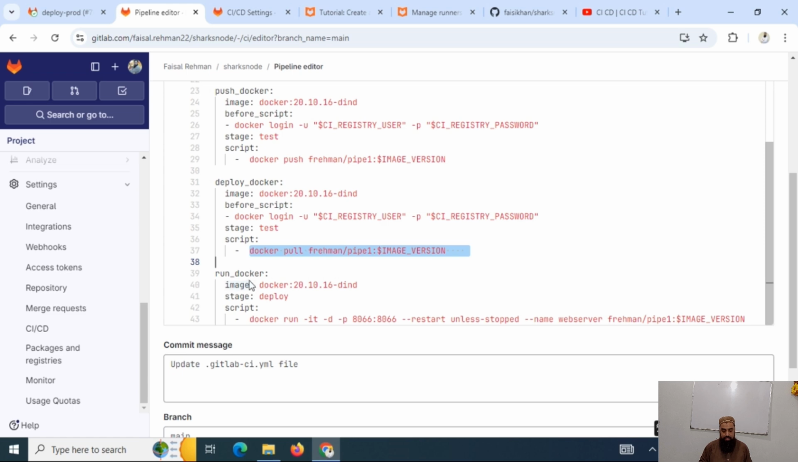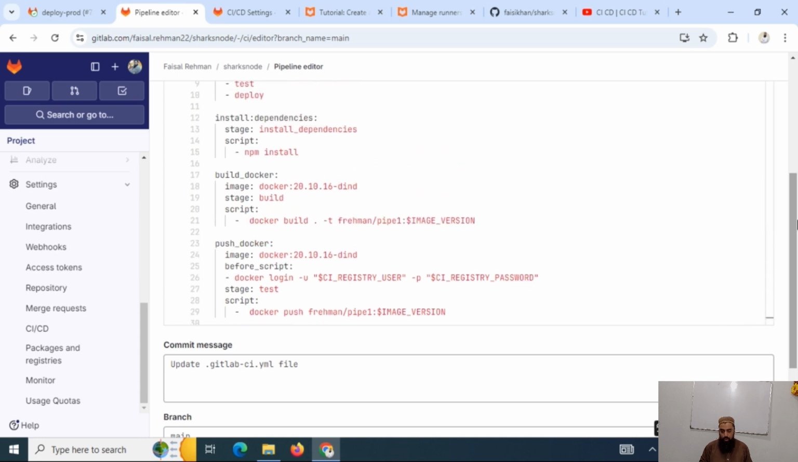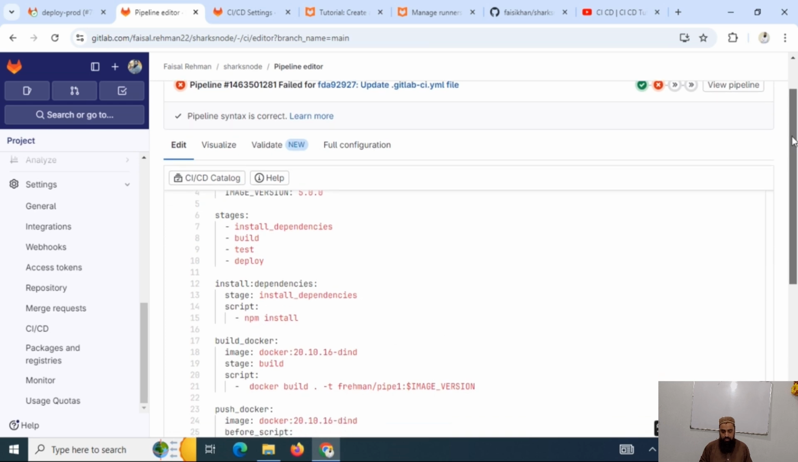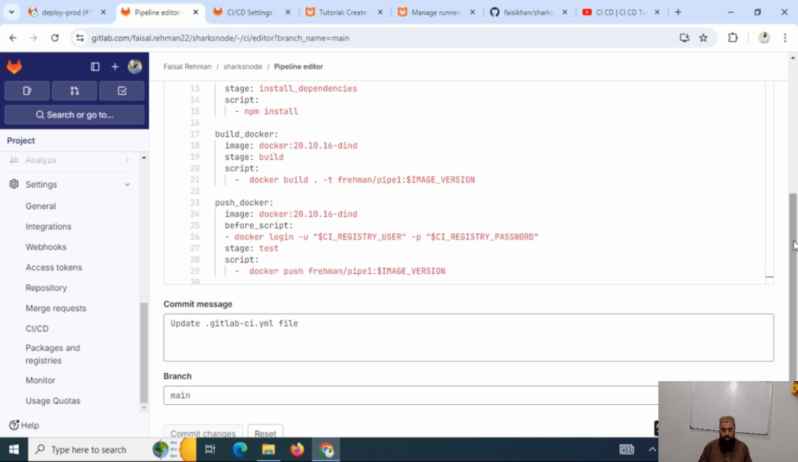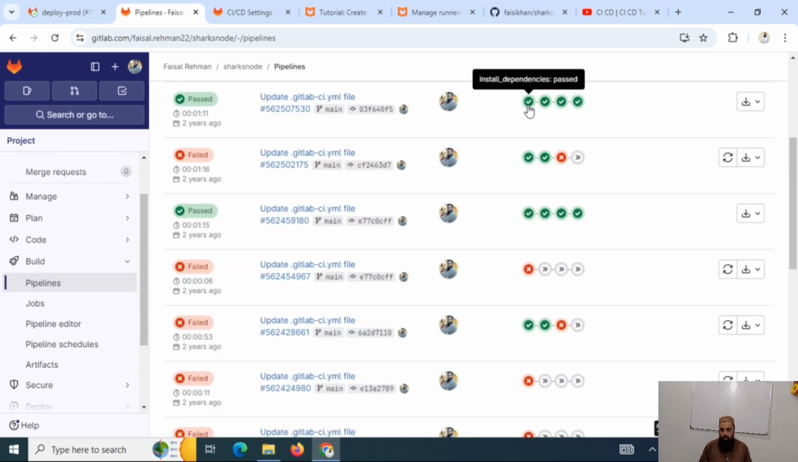This is actually the stage in which we have deployed our application into a container. So these are the stages that are executed one by one, and once these are executed, our node application is deployed into a container. Now you can see we have all these steps one by one, and these have been successfully completed. We installed dependencies, the build passed, the test also passed, and after that our container